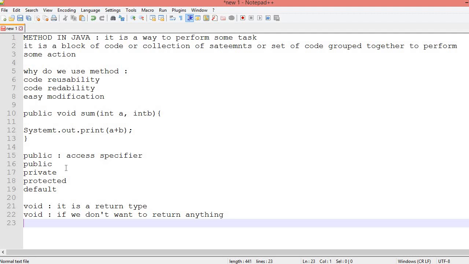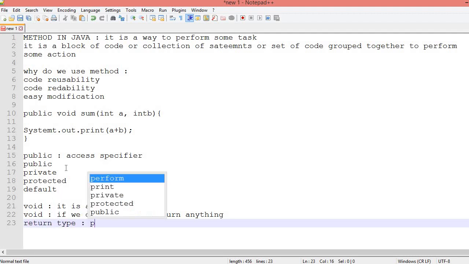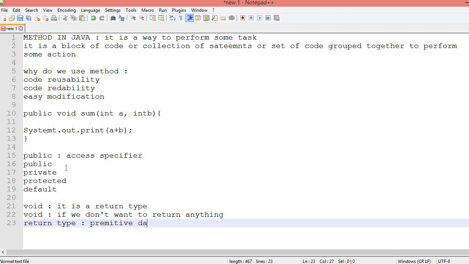We have some more return types like primitive data type, object, collection, etc. Okay.